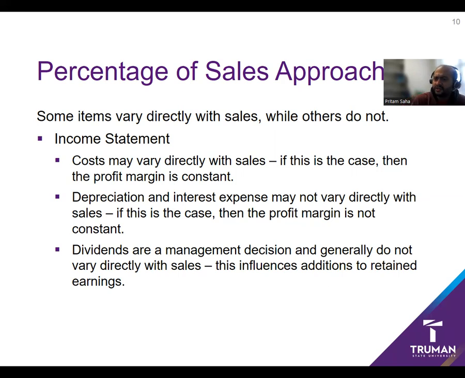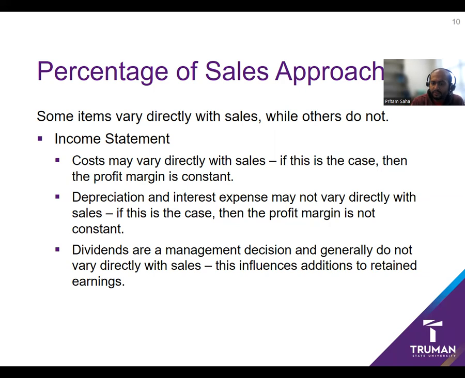Depreciation, that's not tied up with sales. Let's say you have $1,000 fixed assets and that will continue for 20 years. So that means $50 is your depreciation each year. Doesn't matter if you have more sales, if you have less sales, depreciation is basically tied to that fixed asset. So there are some things that are not tied up to the sales.